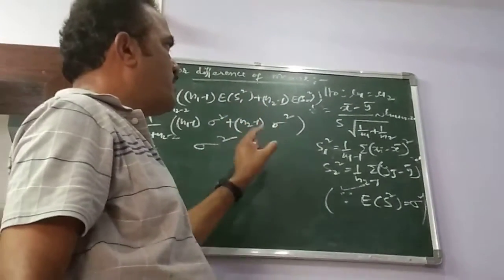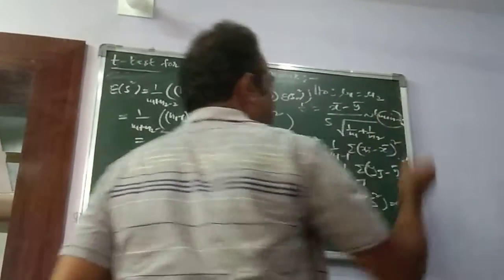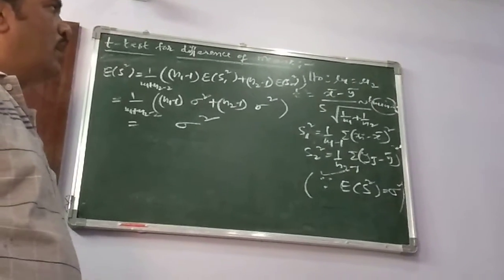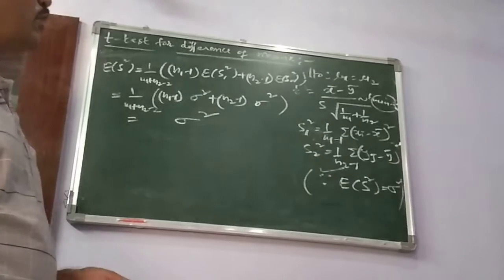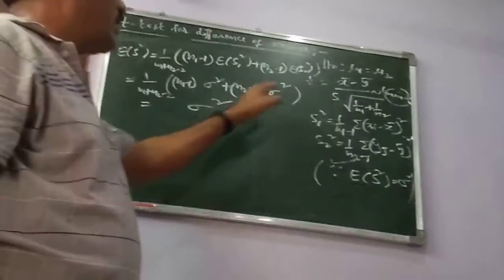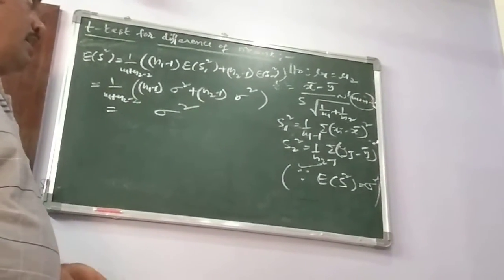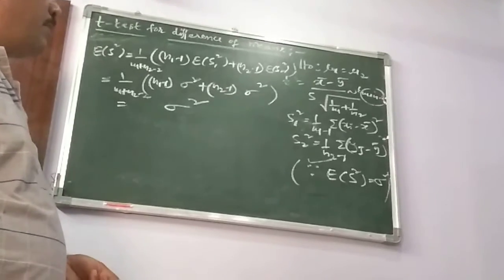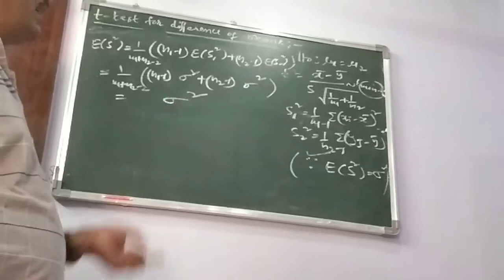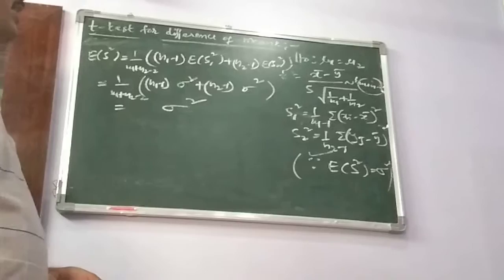Choose the appropriate level of significance, and n1 plus n2 minus 2 is the degree of freedom. So we will collect the table value at the level of significance with n1 plus n2 minus 2 degrees of freedom. Comparing the table value to the calculated value: if the calculated value is less than the table value, the null hypothesis is accepted, otherwise rejected. If the calculated value is greater than the table value, the null hypothesis is rejected, otherwise accepted. So this is the common procedure for all testing of hypothesis problems.